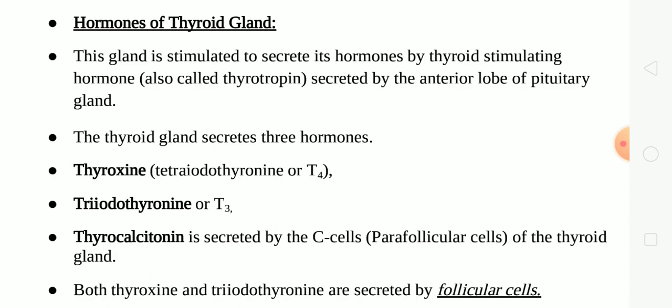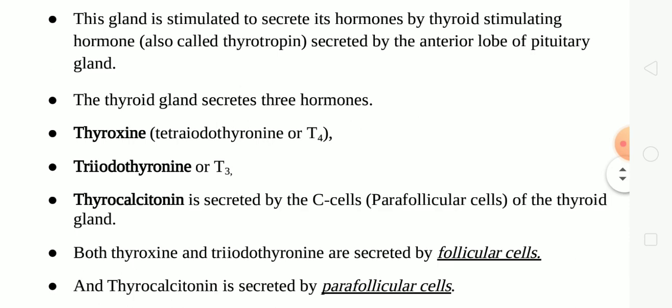Now let us know briefly about the hormones of the thyroid gland. When the hormones of the thyroid gland are synthesized, the thyroid gland must be stimulated by the thyroid stimulating hormone. This thyroid stimulating hormone is a hormone of the anterior pituitary gland. The anterior lobe of the pituitary gland will release the thyroid stimulating hormone. Through the bloodstream, it reaches the thyroid gland, and after reaching the thyroid gland, it stimulates the thyroid gland to release the hormones,